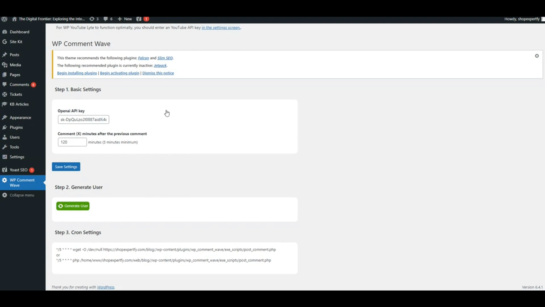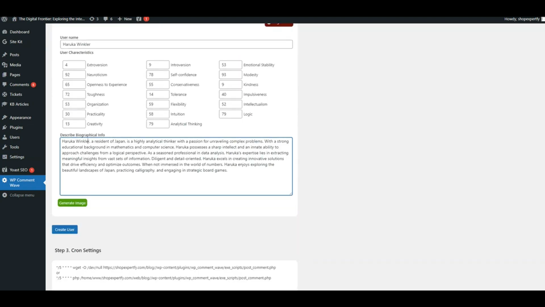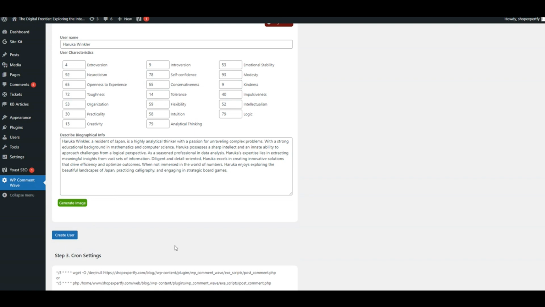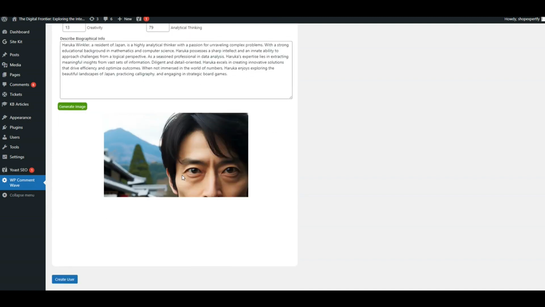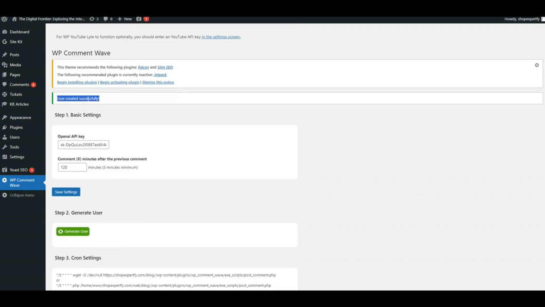Click the Create User button, and a user is created with basic information about them. If you want to develop the user's profile, register them on social networks for example, you can always return to editing the user through user editing. For example, if I prefer how Midjourney generates avatars, by simply inserting the user's biography without additional parameters, we get beautiful photo avatars of users. The user is ready. In the same way, we generate as many users as we need.